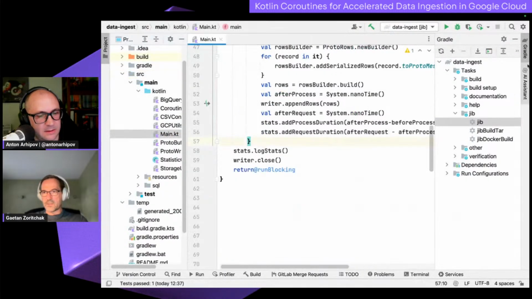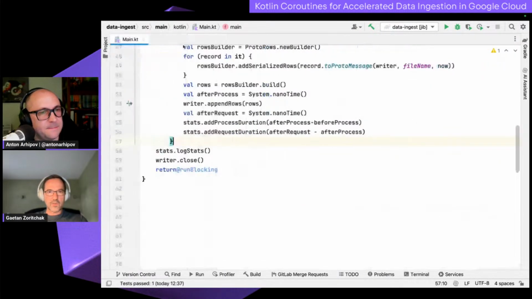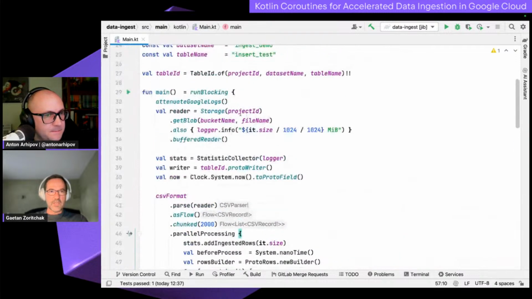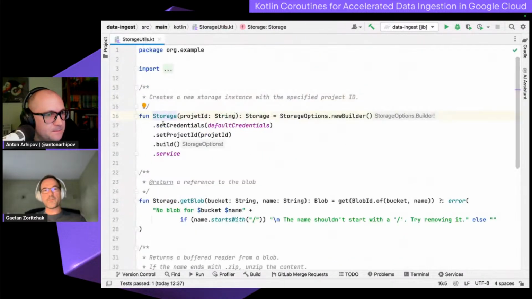Okay, let's clean up this part a little bit. But here, for example, when I open storage, I use the default credential. So default credential is a way in GCP to log in to GCP. And when I start